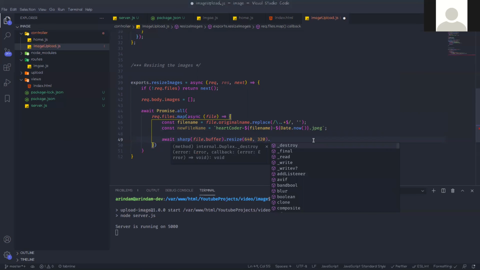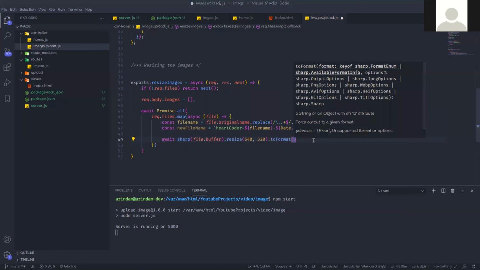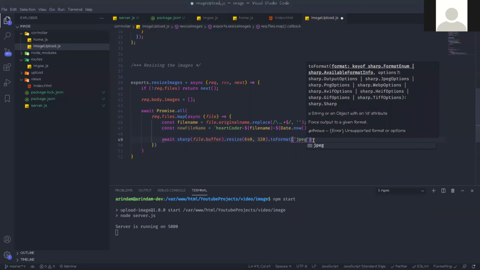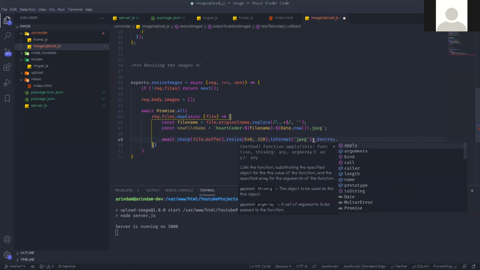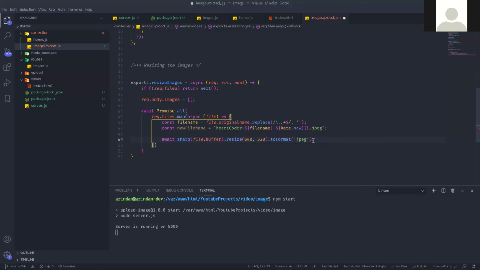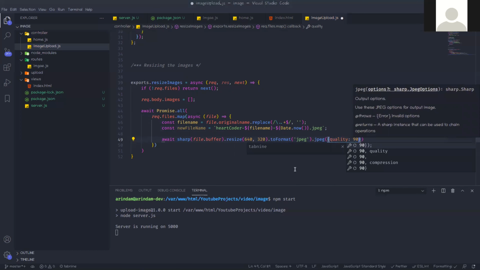Then we call toFormat, means we change the format. I'm changing to JPEG. Whether it was PNG or JPG or anything, we will always convert it to JPEG. Then .jpeg, and we can give some quality also. I'm giving quality equal to 90.